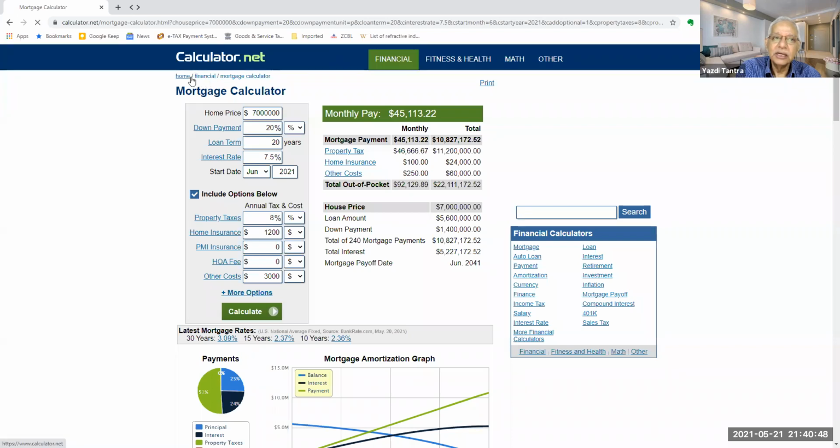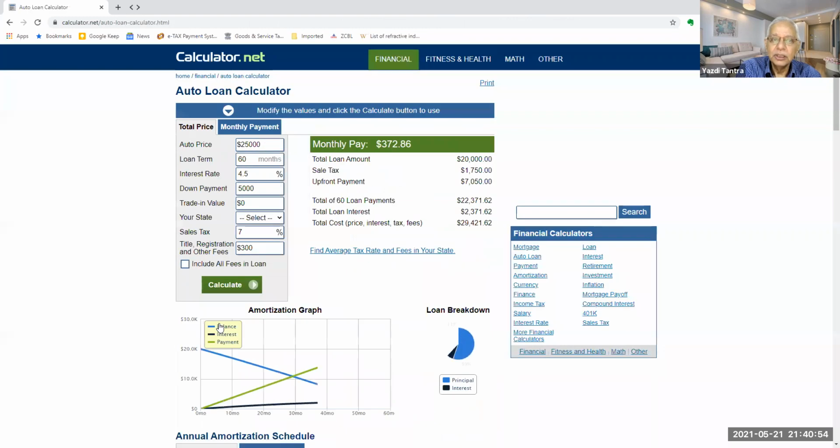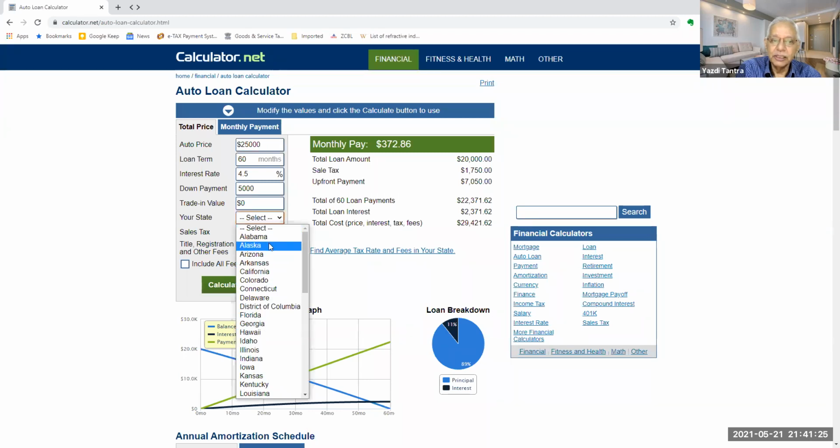So in this, there are other options. You have loan calculator. In case of auto loan, again, what is the price of the vehicle? What is the term? What is the interest rate? What is the down payment? What is the trade-in value? So in a case of an auto, or in a case of a two-wheeler or a four-wheeler, you may have a trade-in value. You may have your old car, which you can give back. And then what are the registration fees, etc. And then your loan amount is calculated. Again, this is US based, so based on the state, your taxes will be calculated automatically and stuff like that.